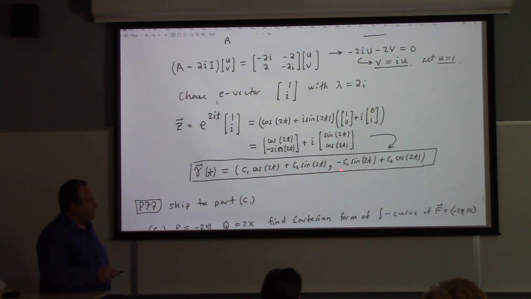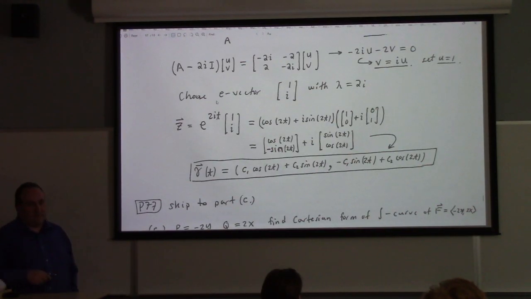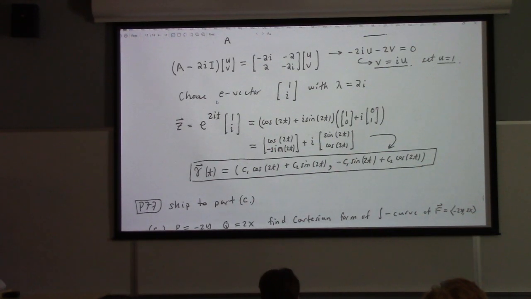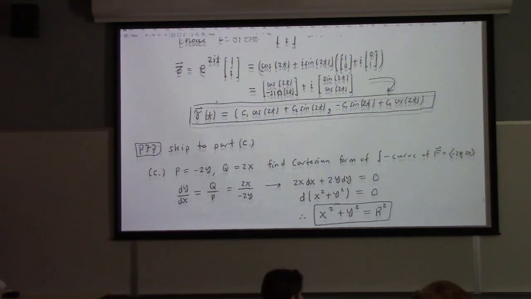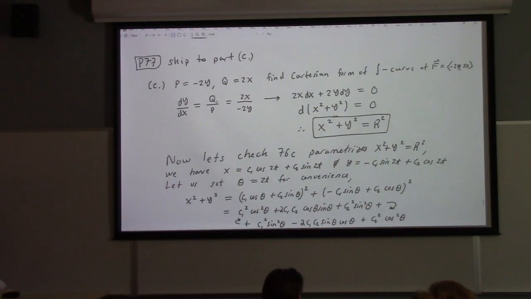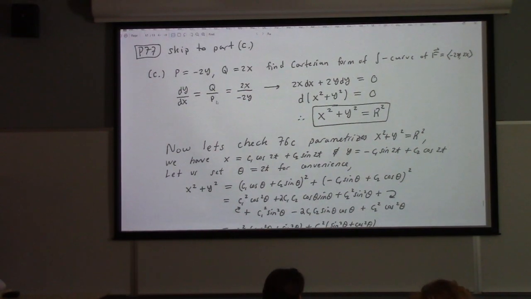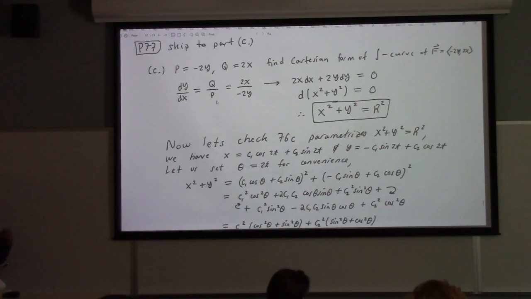All right? Now, I know what's good for me, so I skipped to part C because I'm out of time. I know full well I have no prayer of doing parts A and B today, because I don't have 4 hours to sit and tinker, which is what it's going to take me to do A and B. I just know it. So I skipped to part C because I realize the limitations of my day. And